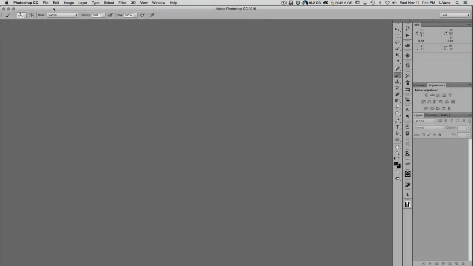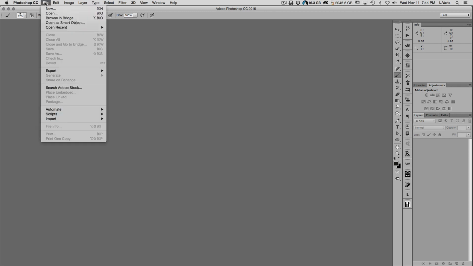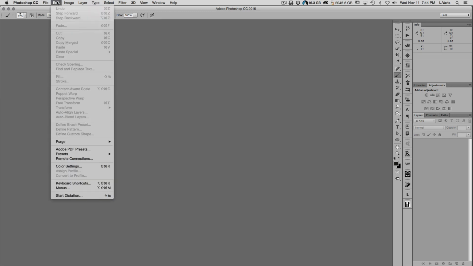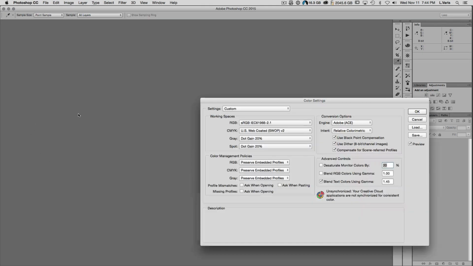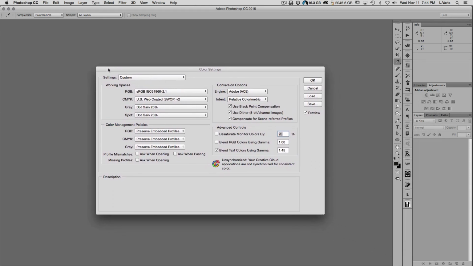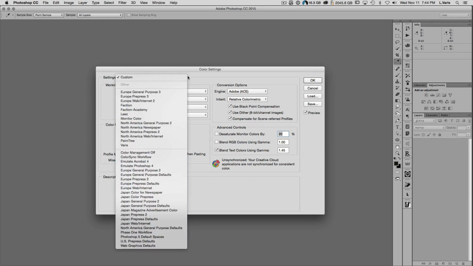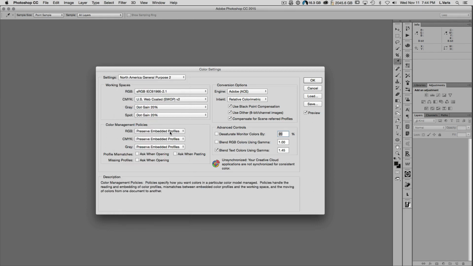Okay, so here we are in Photoshop, and I want to edit my color settings. So I'm going to go down from the Edit menu here to Color Settings. Now, I already have some color settings in place, but when you first find this dialog, you have a choice in picking a bunch of different presets. The normal preset that we see is the North American General Purpose. Okay, so this is what, if you never go into color settings, it'll already be set up like this when